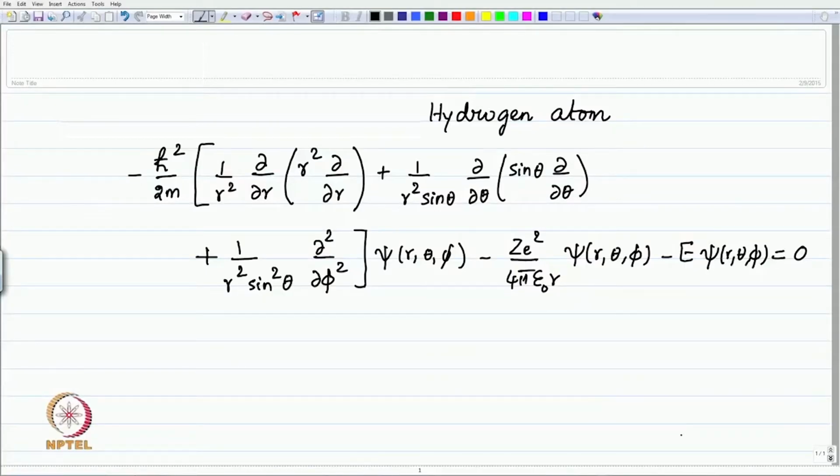Okay? So let's recap the equation. The overall equation is displayed here from the last lecture. This was the last part of the last lecture. Now you see that there is the radial derivative, then there is the angular derivative and the phi derivative. First let me clarify a couple of